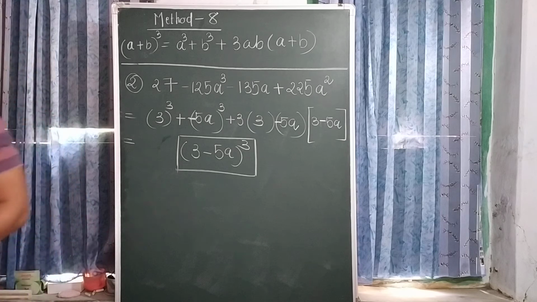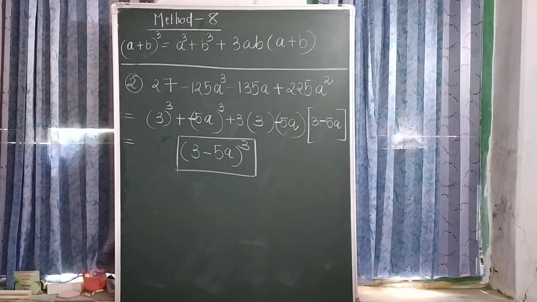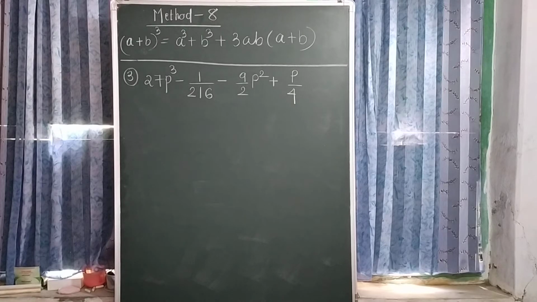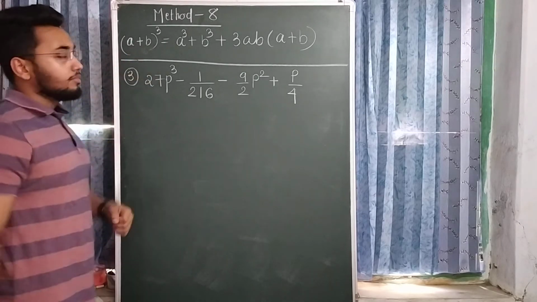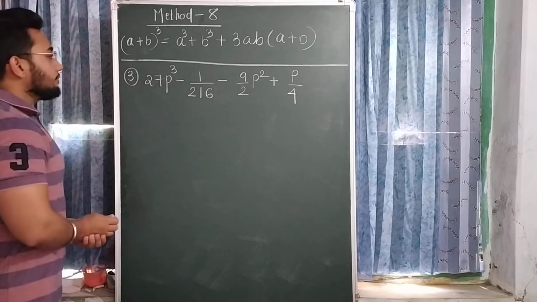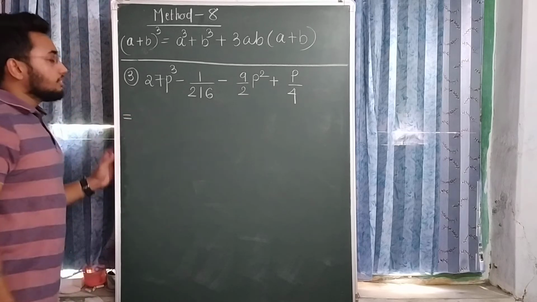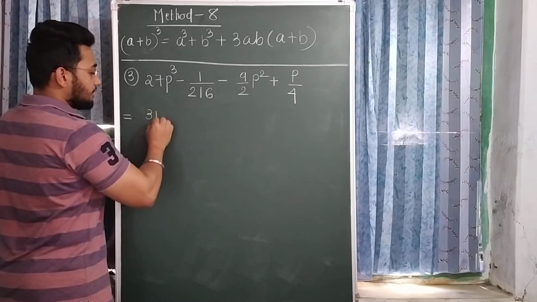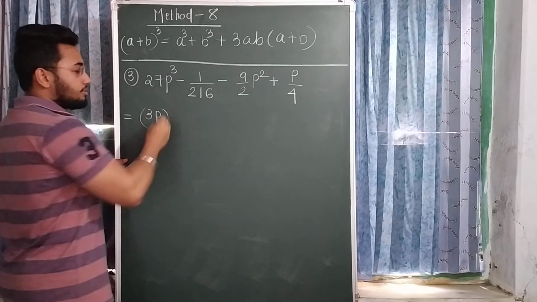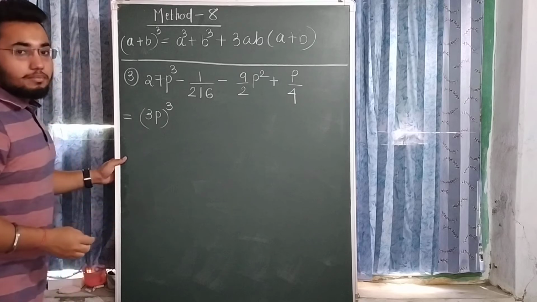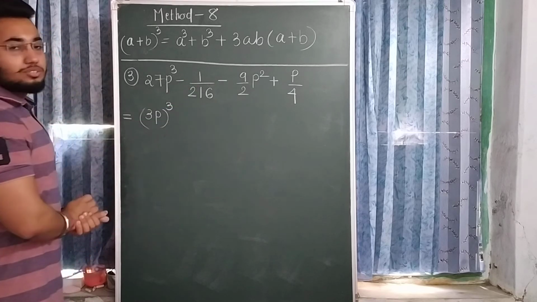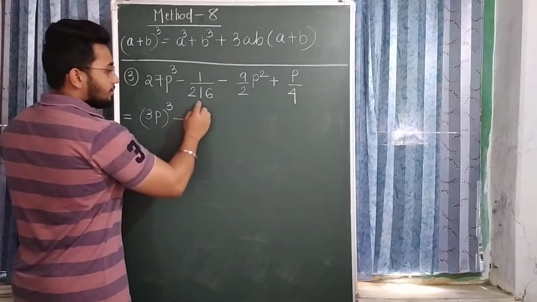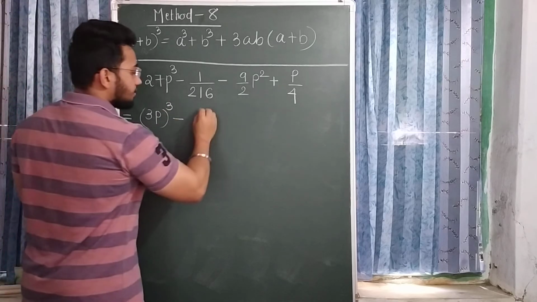Okay. Now one more example we have to solve. Now third example of method number 8. Again this is the expanded form of this algebraic identity. So now again check. Which number's cube is 27? 3p. We all know that 3p's cube is 27. Mostly students get panic after watching this. But actually this is a very easy example compared to others. This is a cube of 6.